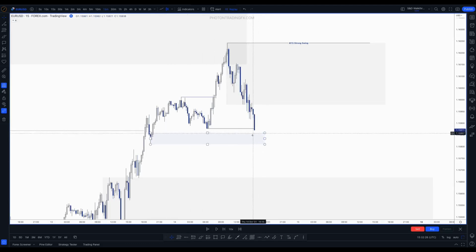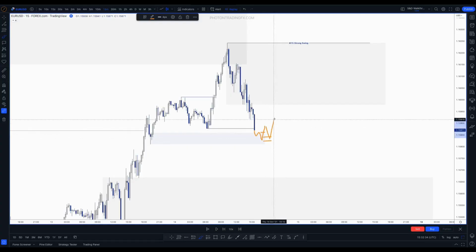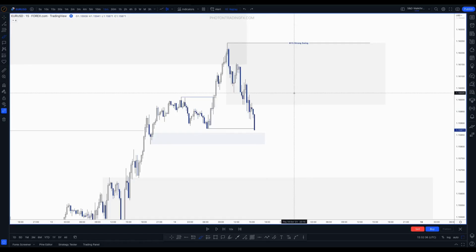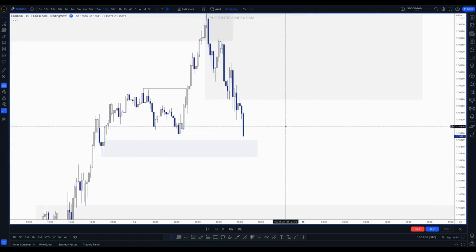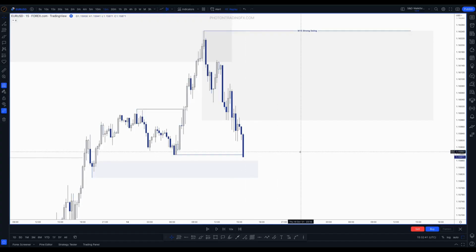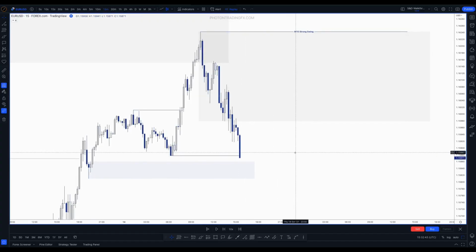So personally, I would want to see if it's going to hold. And what you can look for is, are we going to get a structure shift? And then you could look for, okay, now I actually have a bit more confidence, right? To then play that pullback. Okay, that's the type of thing you can do. You don't have to do that. You can jump in straight away. You can look on the M1. But for now, let's just think about it through the lens of, does it make sense to enter on the